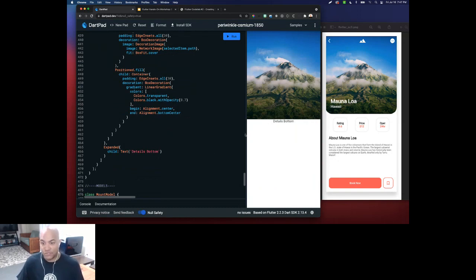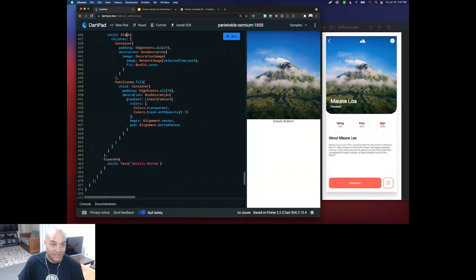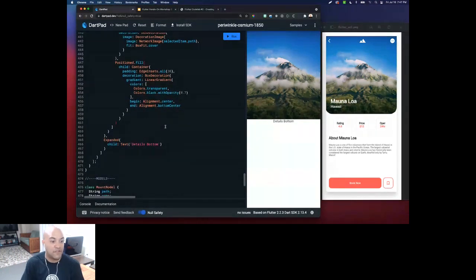Now what I want to do is add the text. So how do you add the text? Remember, we're in the stack. The stack has the image at the bottom, then the gradient. You see, we're stacking things up. Now the next one is the column that has all those labels. Make sure that you're still within the stack, and I'm going to add it right underneath the Positioned.fill,